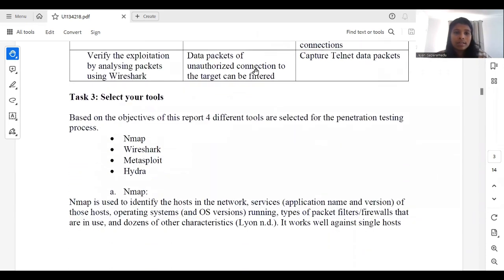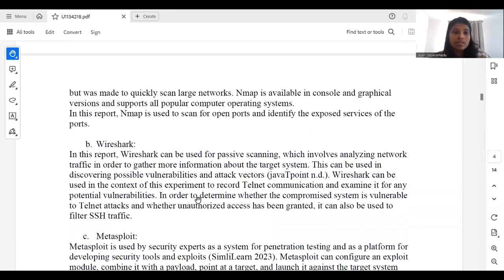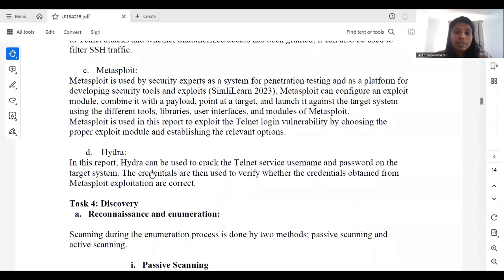Task 3 is selecting the tools. We have chosen 4 different tools: Nmap, Wireshark, Metasploit, and Hydra. We use Nmap to search for the open ports and identify the exposed services of the port. Wireshark is used to check for unauthorized access, whether the exploitation is successful. Metasploit is used for the exploitation. Hydra is used for the brute force attack and to verify whether the credentials obtained from the Metasploit exploitation are